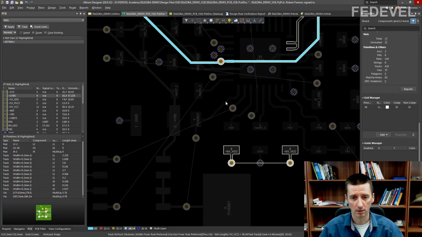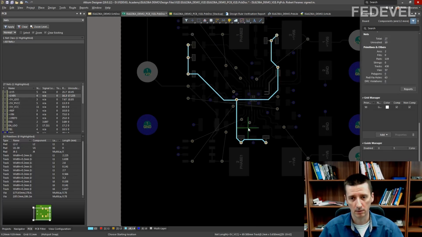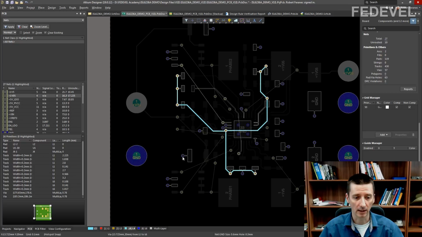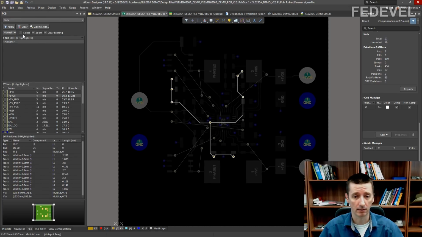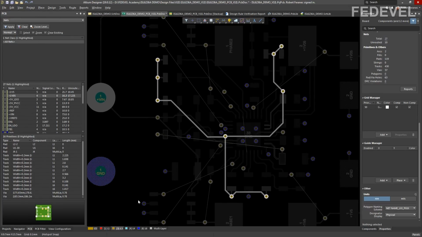Almost finished. Okay, and we can go on layer 3 and finish our layout. Zoom in, be sure you are on layer 3 and connect the vias where you see these unconnected connections.